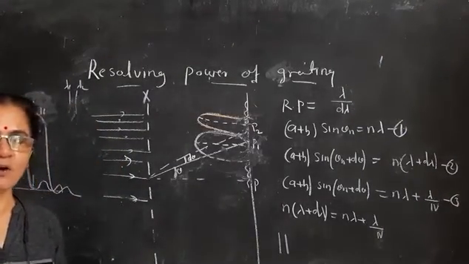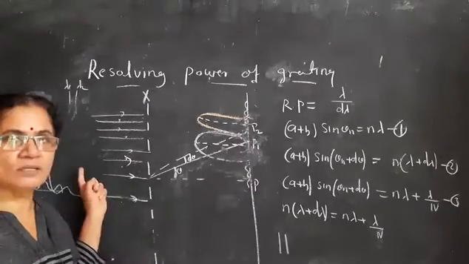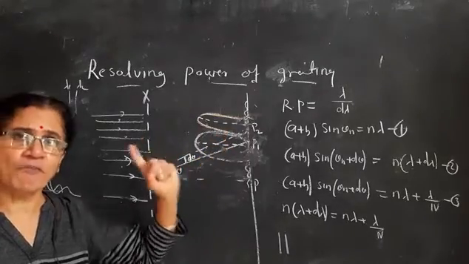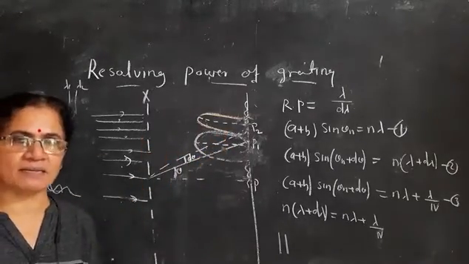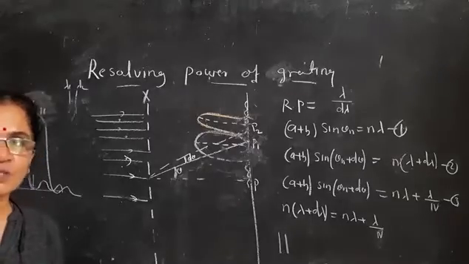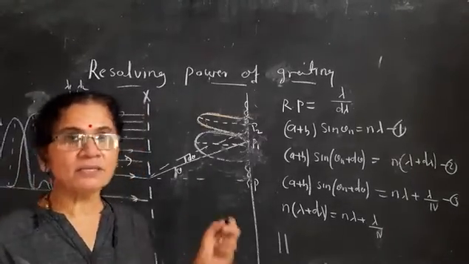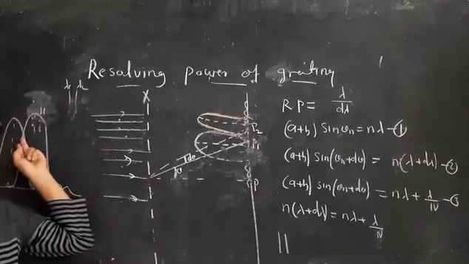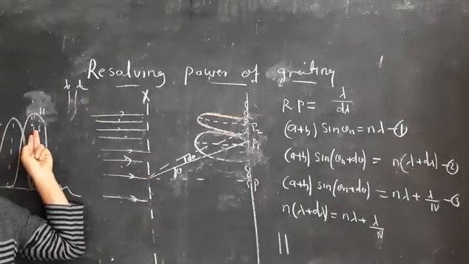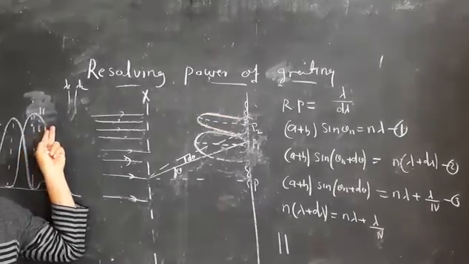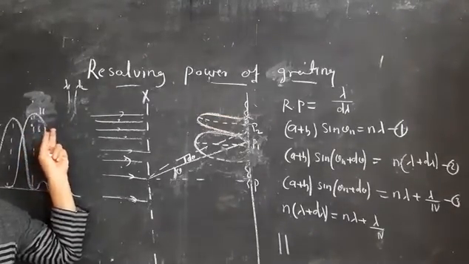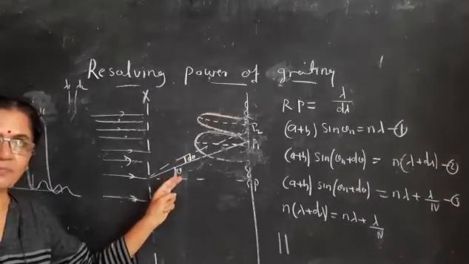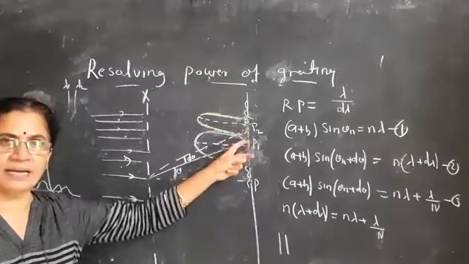Okay, because it is not resolved. Directly, if you see, it is not resolved. But in the diffraction pattern, instead of one, you will get two images of the spectral lines which are very, very close together. Is it clear to you? That's because the grating has resolved the spectral lines which are very close. Otherwise, with the naked eye, you cannot see those lines clearly. It appears as one single line. But the grating can diffract with a different angle of diffraction, and you get the two spectral lines which are very close together.